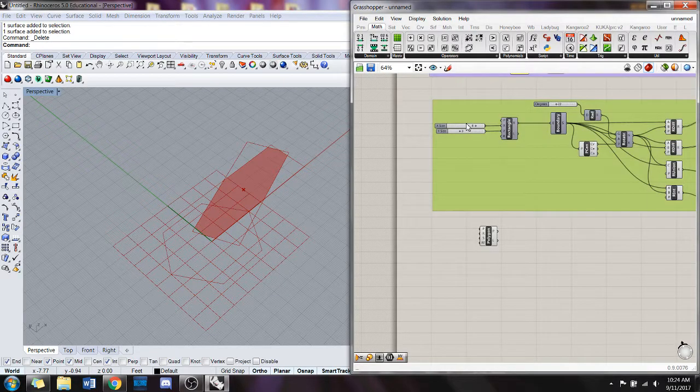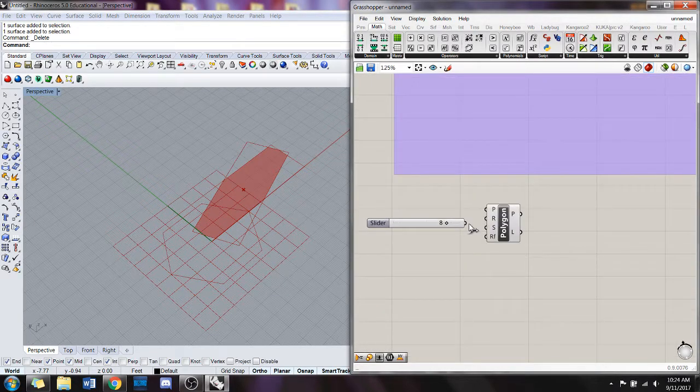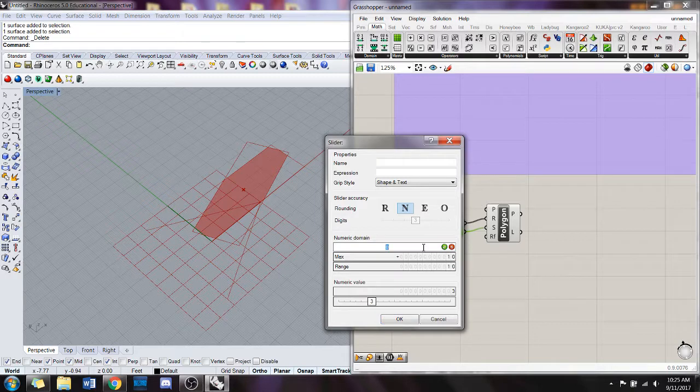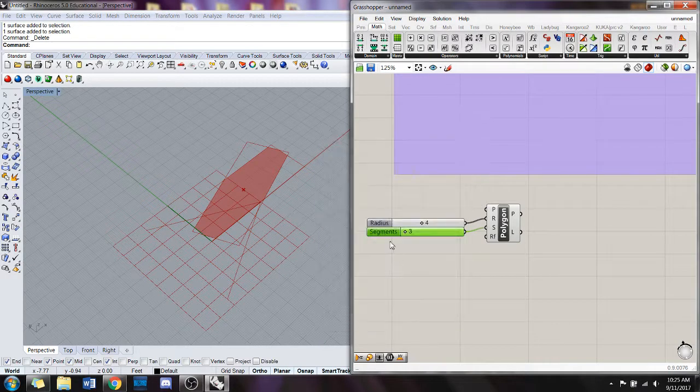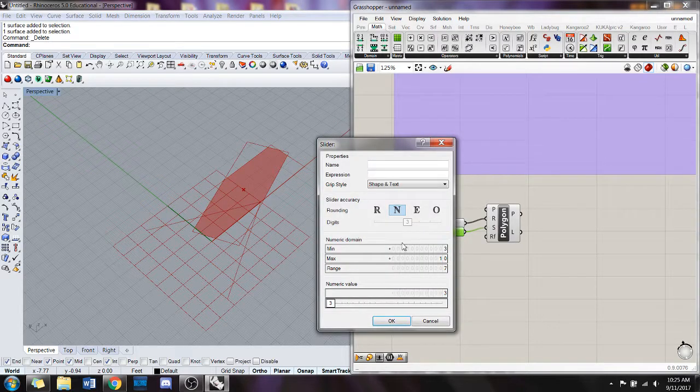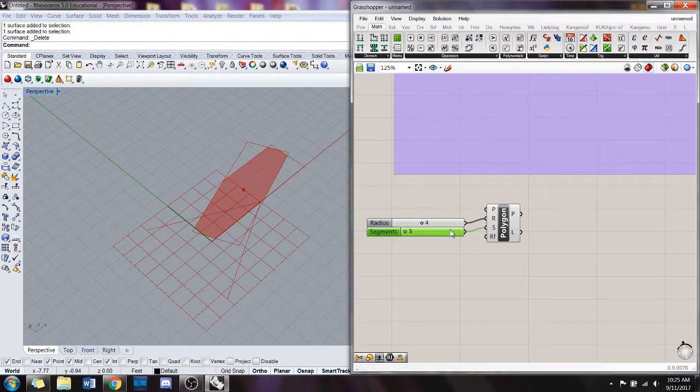So we can just, again, bring our number slider down, radius, number of sides, change the radius, change the number of sides. It's going to fail if you have anything less than 3 sides. So to get around that, we can just set the minimum to 3 here. And again, I just double-clicked on the header of the slider to bring up this Options tab. So you're going to do that, and then